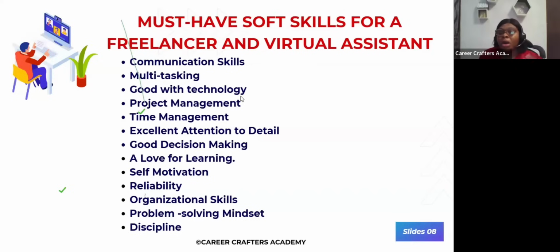Okay, so communication skills. We also have multitasking. So remember, you are working, it's actual work. You are not playing. They're offering your services in exchange to be paid money. Why it's just beautiful is because you are working for people abroad and they are paying you much more than you could ever earn working with local clients. So you will be multitasking. You might have to do different things at the same time. So you need to learn how to manage all of that.